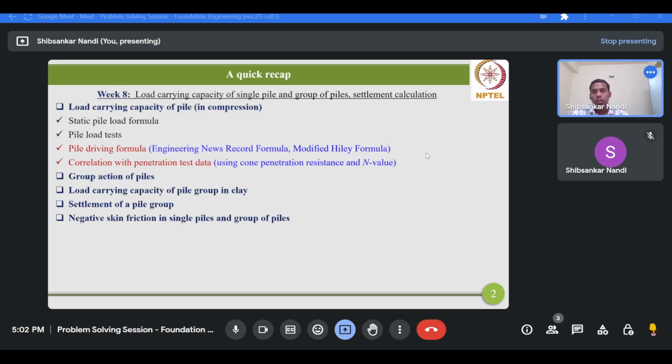Now, in this week, we have learned about two more ways by which we can determine the load carrying capacity of a single pile. These two methods are using the pile driving formula, and the fourth one is based on some correlation with penetration test data. Okay, so therefore,